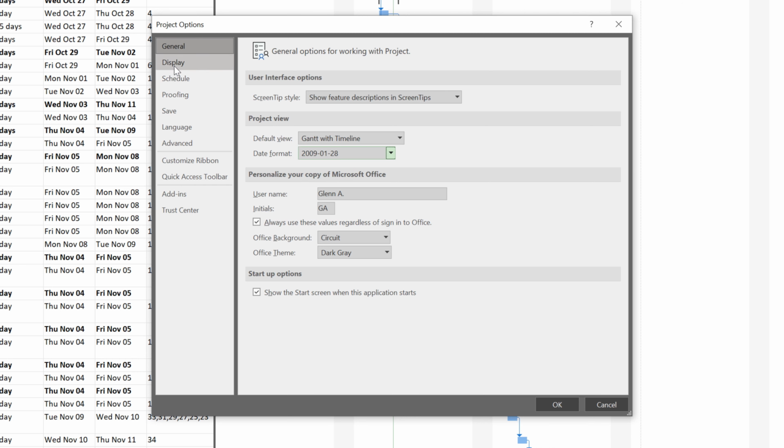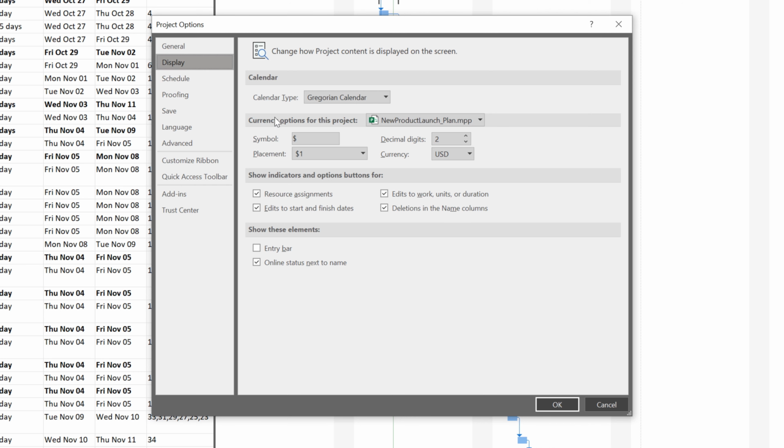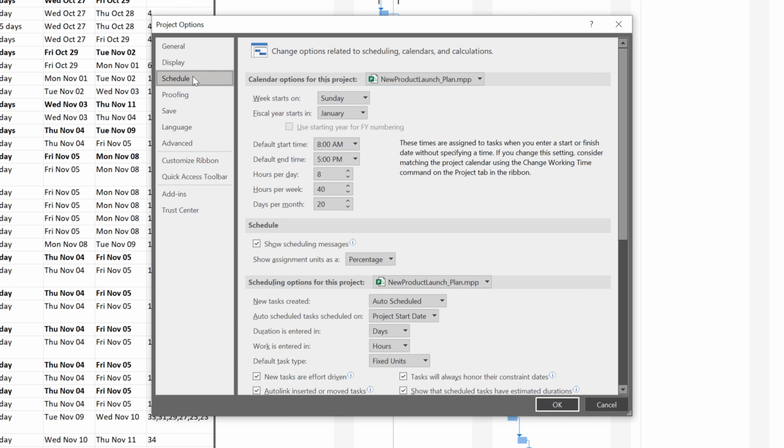So let's go to the Display tab. This is another section I don't usually change. Let's navigate to the Schedule tab. I don't typically change the field option week starts on because Sunday has always been the start of the week. But I realize that other geographic locations set their week to start on a Monday. It's just a visual thing, I guess. As for the default start time and end time, I leave it as is.